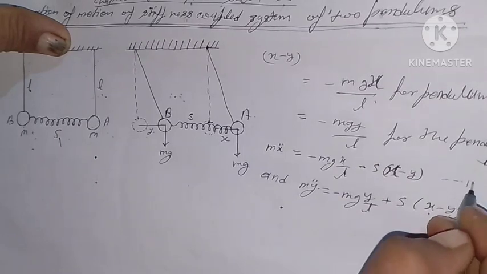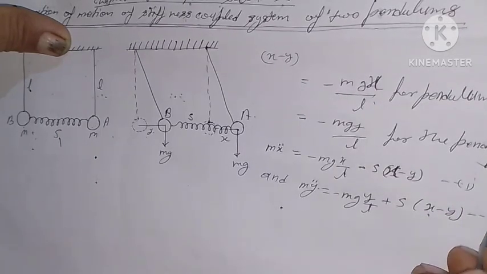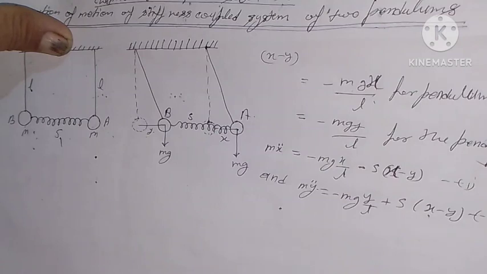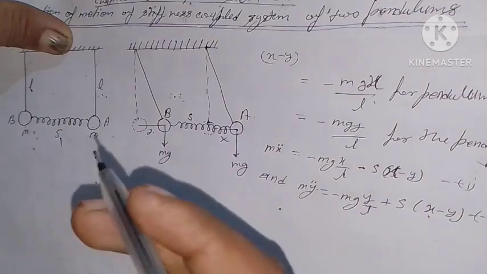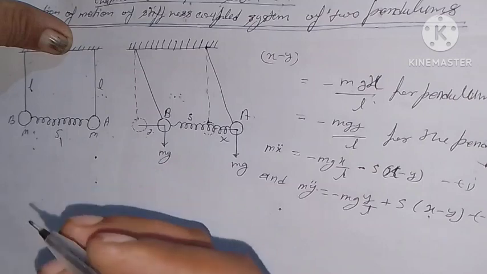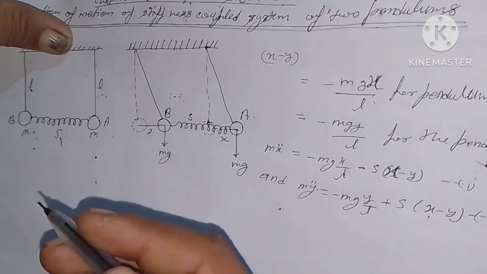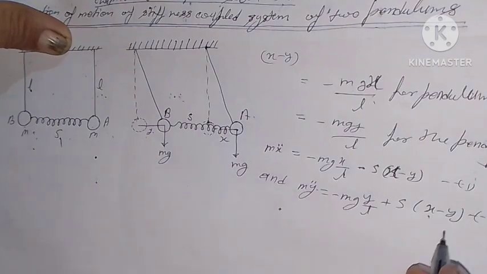This is equation number first, and this is equation number second. The first term in each equation is the normal simple harmonic motion term, and the second term